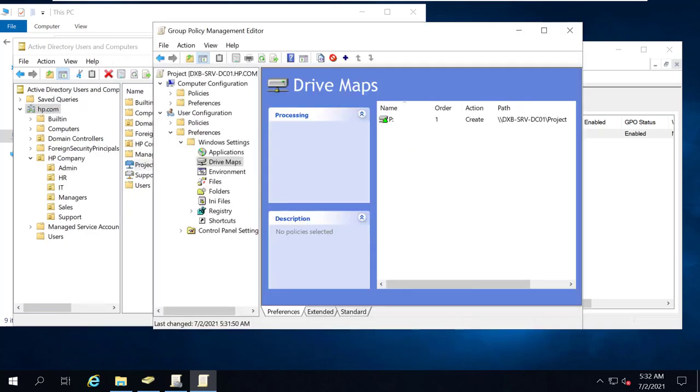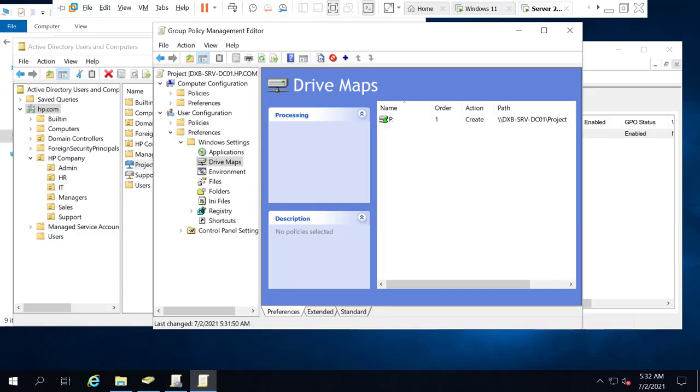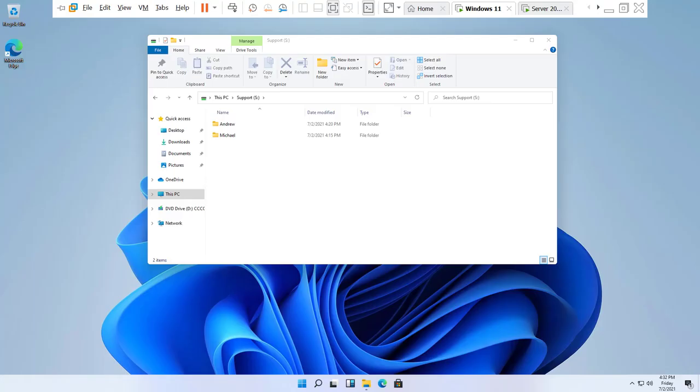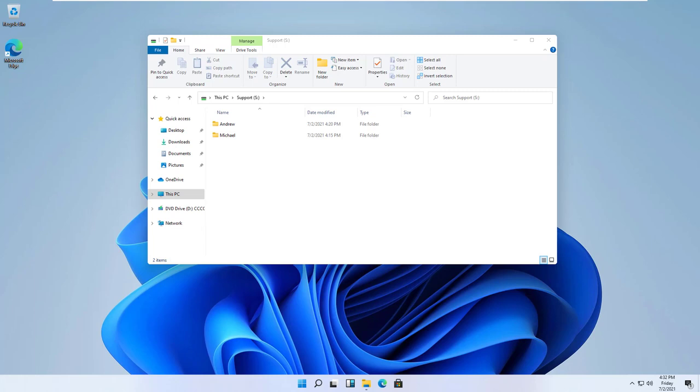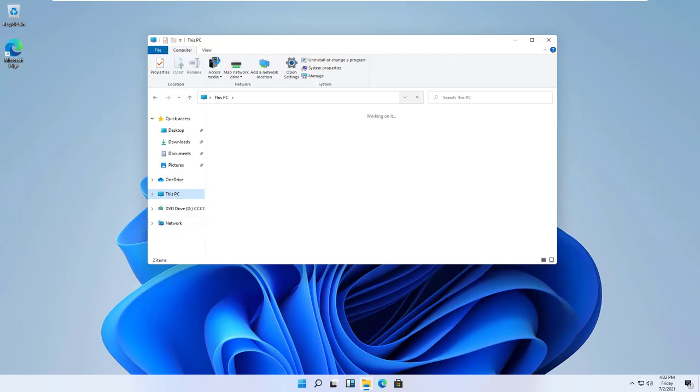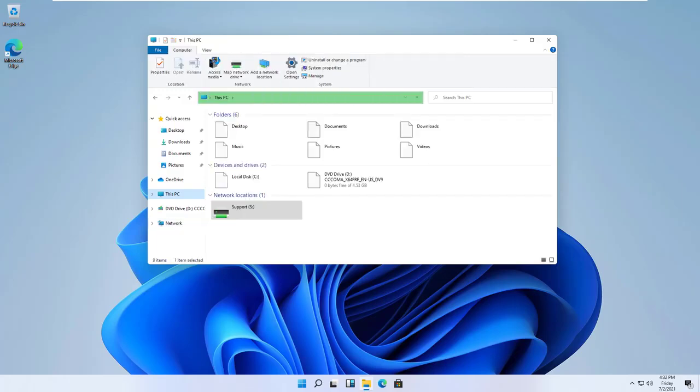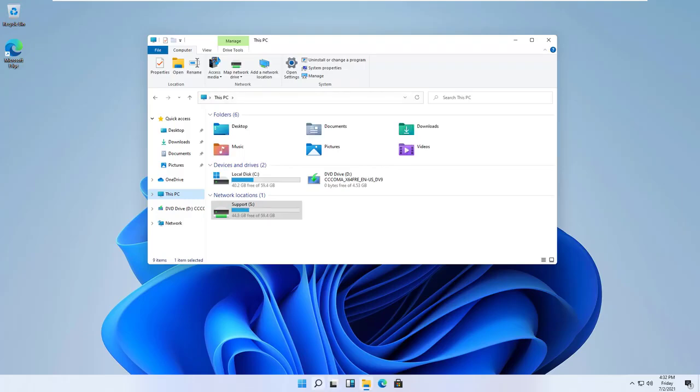So that's it. So now I'm gonna tell you everyone should have P drive. Now let's check with our client computers. So let's go back here on our computer PC, this PC. So let's see. Refreshing. So nakalag na kasi to si Sean. I think this is Michael Sean. I just want to double check.